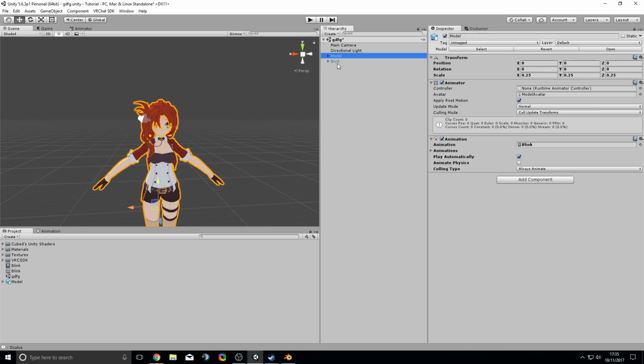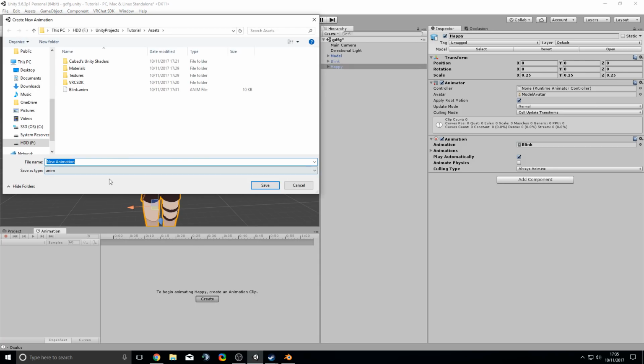That's blinking finished, sorted. Right, now I'm going to do a custom animation override with a facial expression. So the same again, it's similar to blink, so press Ctrl D on your main model. Let's rename this happy, so let's do a happy face. So same again, go to animation, create, rename this happy,